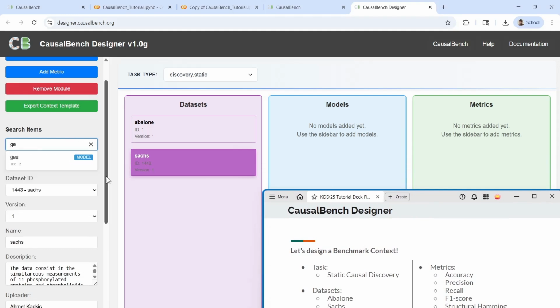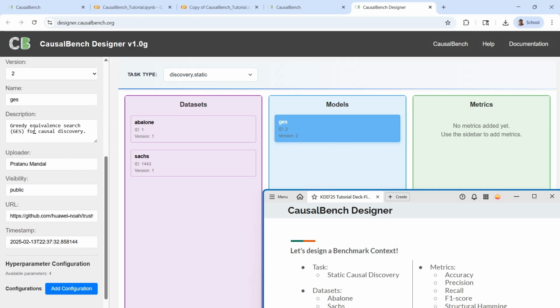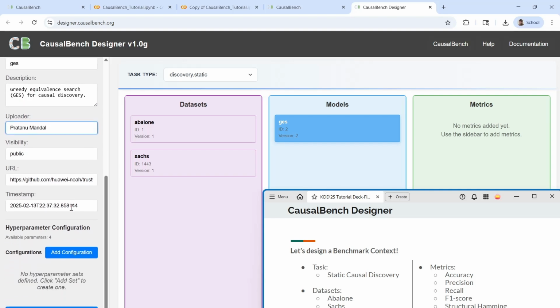So let's start with GS. I search for the GS model, and once I click on it, it populates. You can see it still selects the latest version. You could obviously use an older version, but I recommend sticking to the latest one because they probably have some bug fixes as usual. And you can see that, okay, we have the description, uploader, all the metadata, but at